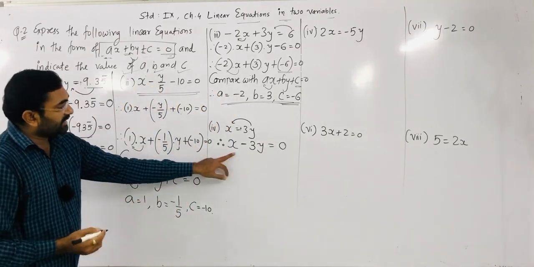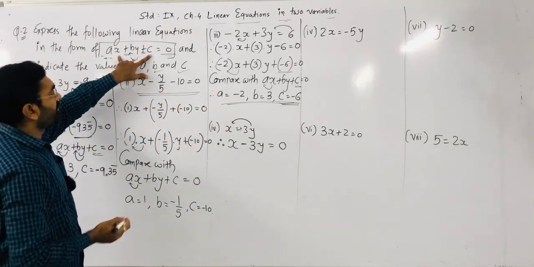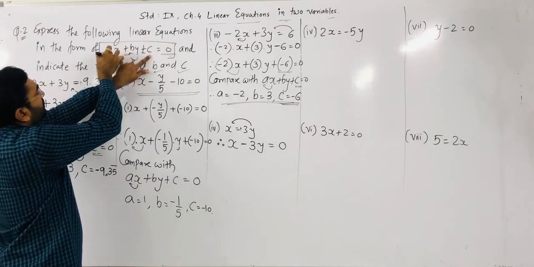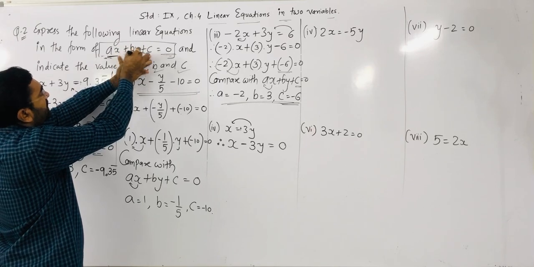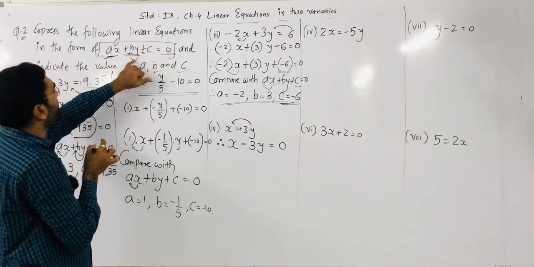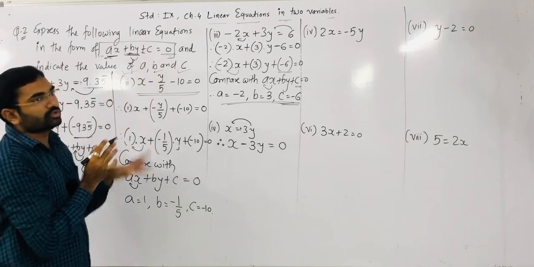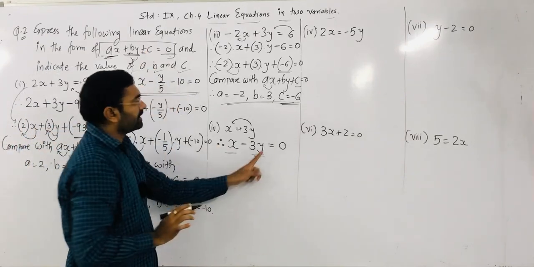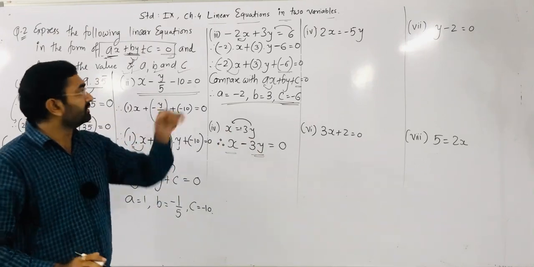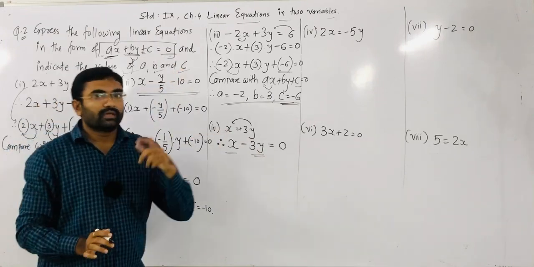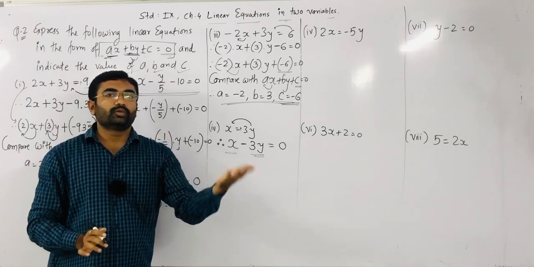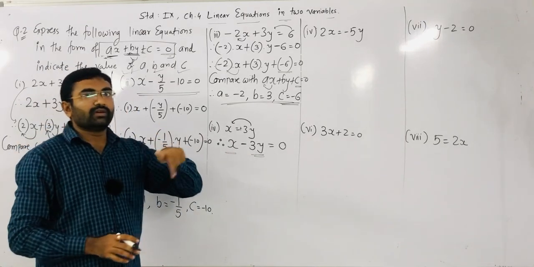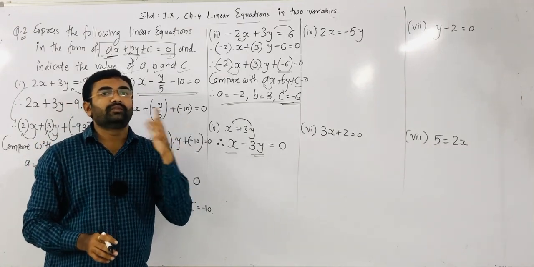Right? But that equation we have to form in that form, which means here there are 3 terms. In these 3 terms, the first term is the x-variable term, the second term is the y term, and the third is a constant term. Observe here, the x term is there, the y term is there, but the constant term is not given. So what do we have to put? If any term is missing, then we have to put a 0. If a variable term is missing, then we have to put that term with a multiple of 0.